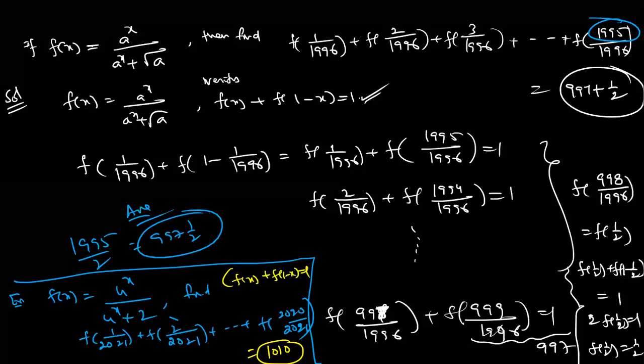That's why here I give a formula. This is the formula, dear students. In the place of a, you can take any number: 9, 4, 8, 6, 3, any number. It always satisfies this condition. Check it. That's why this is the shortcut. In the place of a, they can give any positive number, a can be 2, 3, 4, 5, 11, anything. f of x plus f of 1 minus x always gives 1 only. But practice is required, dear students.